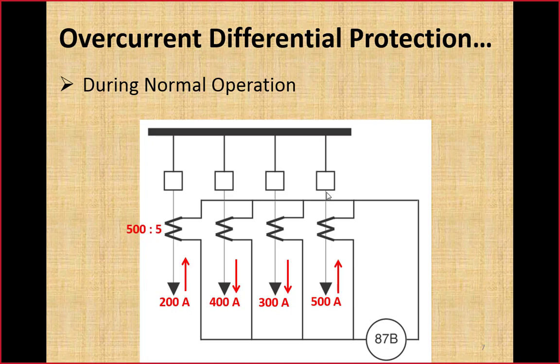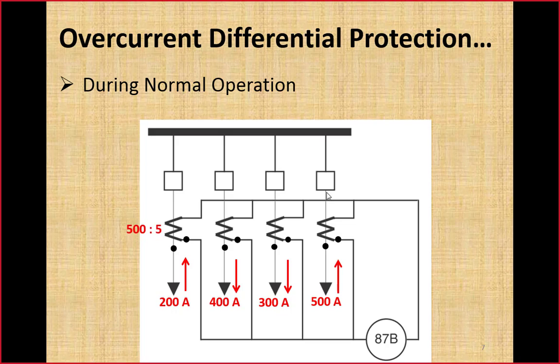So if this is the polarity marking of the CTs, you can see here the polarity marking of CT is away from the bus in all the 4 circuits. When we applied the differential protection for rotating machines and for transformer, I discussed this rule again and again that CT polarity marking should be either towards the equipment or away from the equipment on both sides. So here we have more than 2 sides. Then remember the CT polarity marking must be either towards the bus or away from the bus. In this particular example, it is away from the bus.